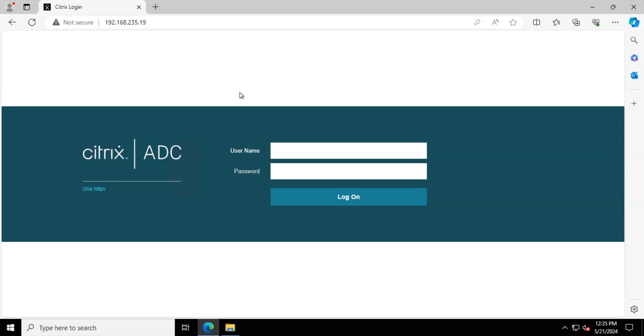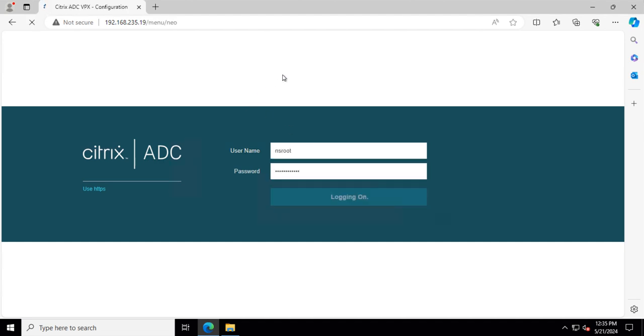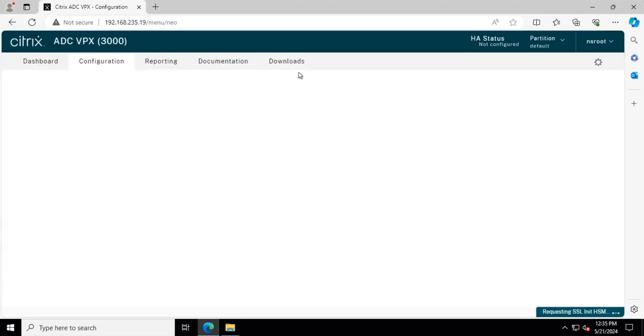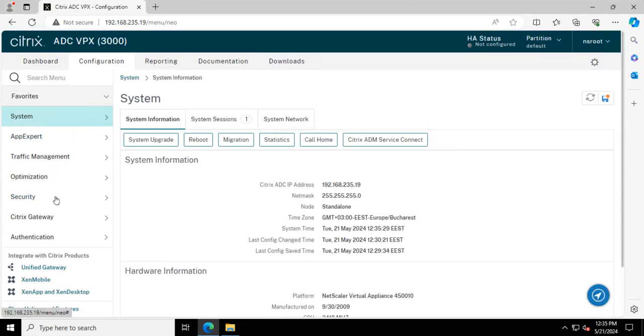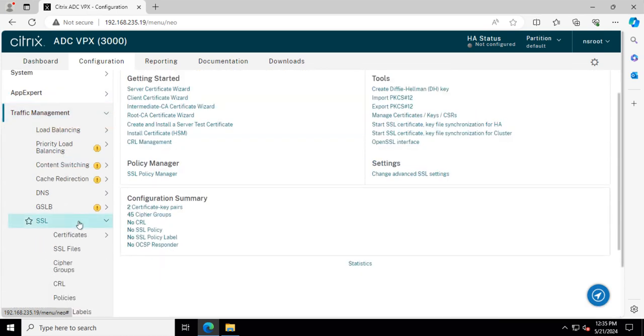Today we will install a server certificate on the Netscaler that we will later use on our Citrix gateway. First, we need to connect to the Netscaler, and we need to check if we have